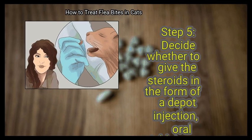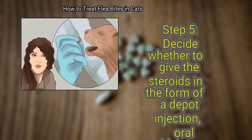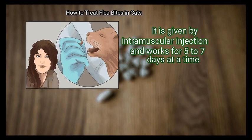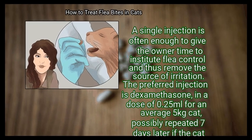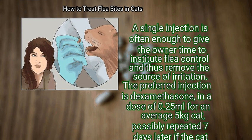Step 5. Decide whether to give the steroids in the form of a depot injection, oral tablets, or a spray. The depot injection is the most commonly used. It is given by intramuscular injection and works for 5 to 7 days at a time. A single injection is often enough to give the owner time to institute flea control and thus remove the source of irritation. The preferred injection is dexamethasone,